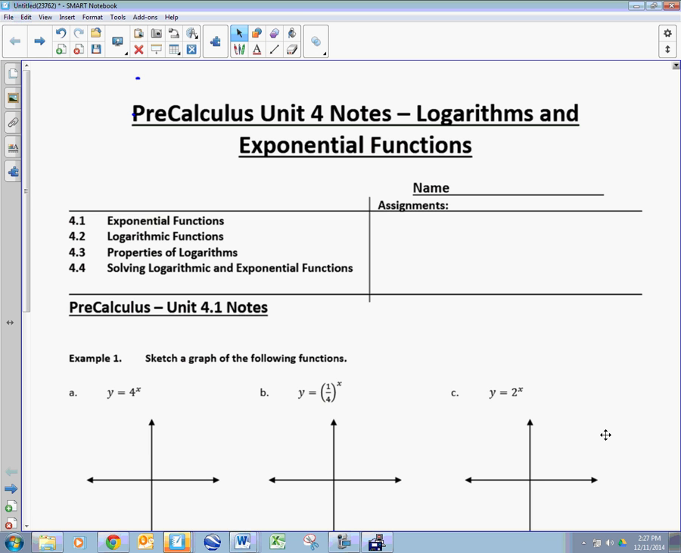Okay, boys and girls. Got some notes here. He'll retain it all in his brain. Okay, so